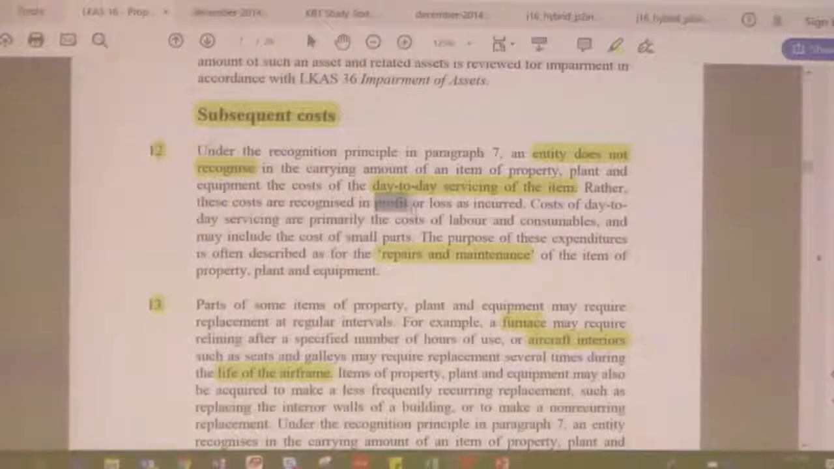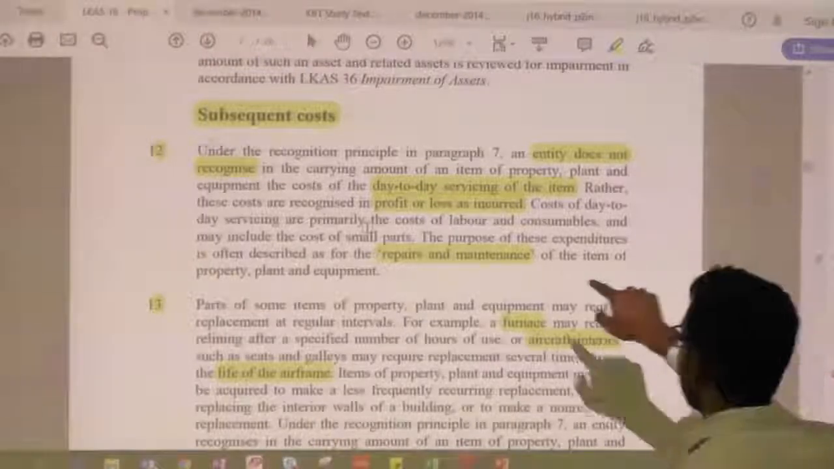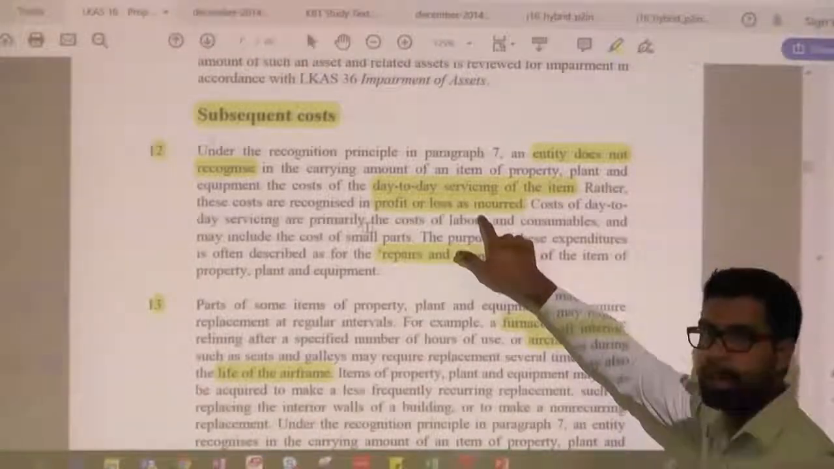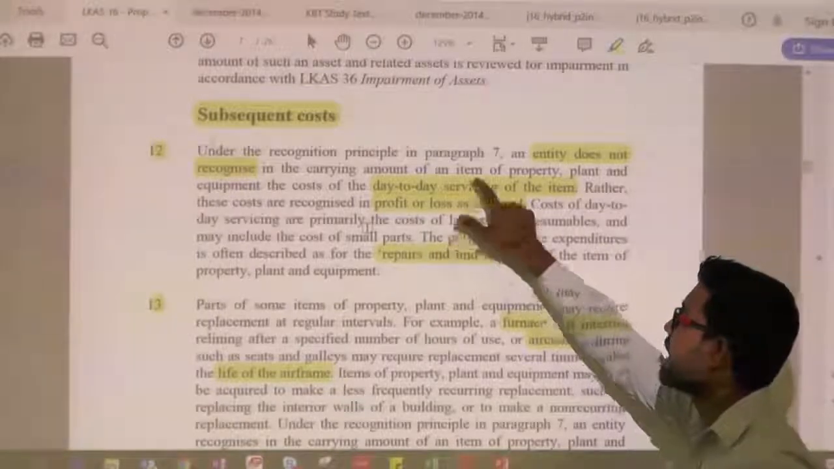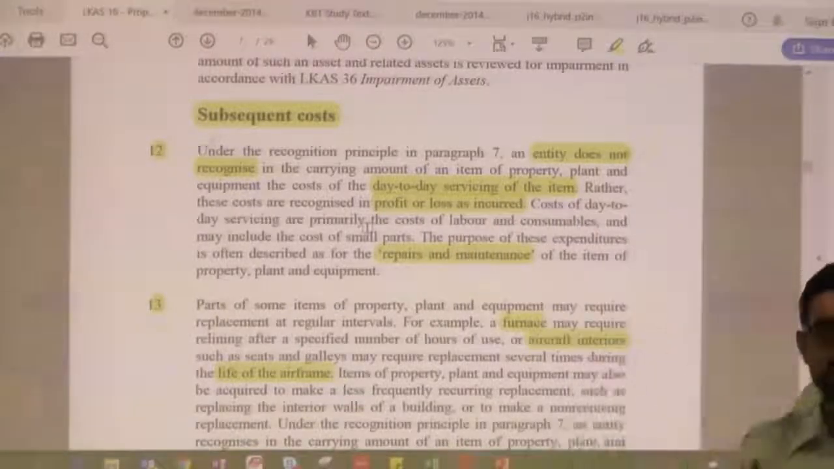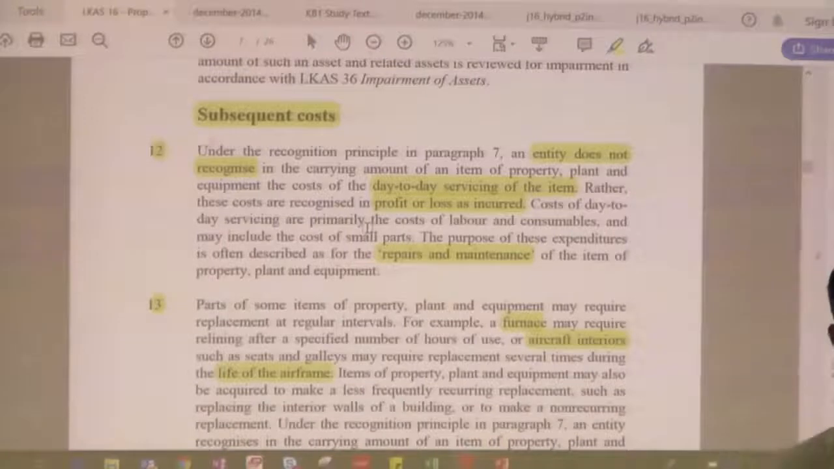So then highlight this. So day-to-day expenses you identified where? In profit and loss account, not in your balance sheet, which means you cannot capitalize this day-to-day servicing cost. You must charge to your profit and loss account. These things you have learned, but there are some complex examples I will discuss with you, right. There are some complex examples. Cost of day-to-day servicing are